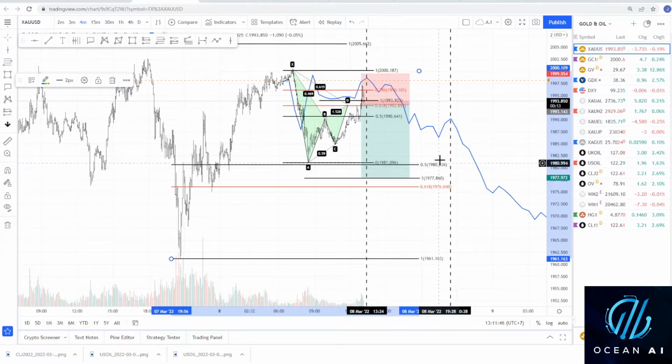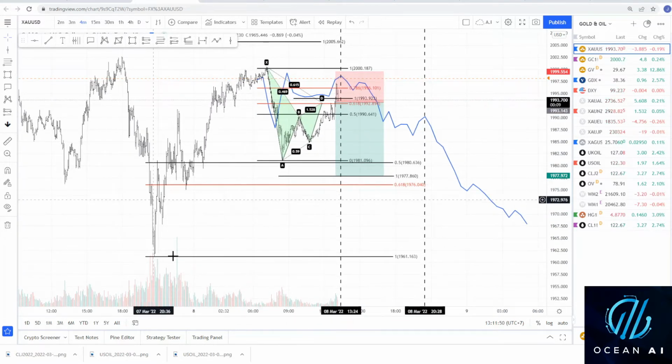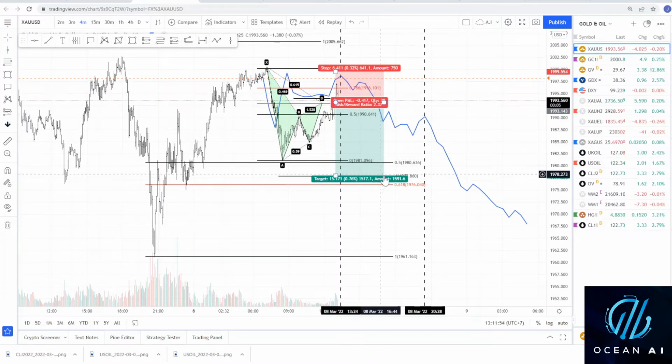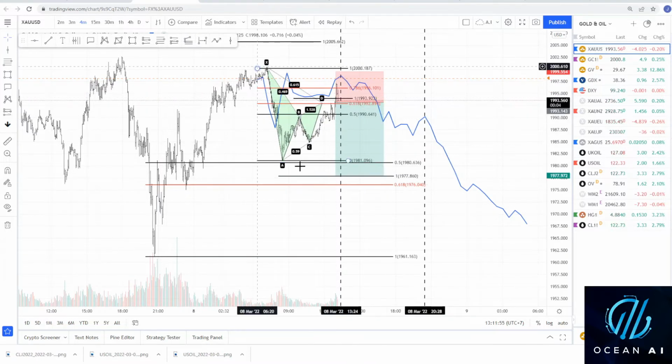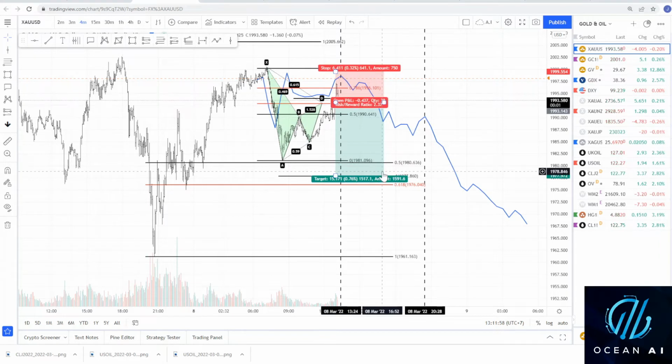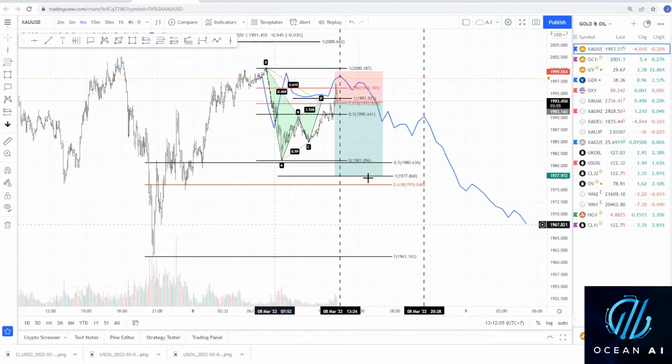So now I'm looking for a move down for the day. And with that, looking at potential targets down here. So the ABCD of this would take us down to 1978 area. Plus that's also the 50-60% retracement